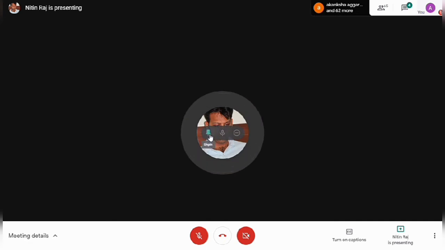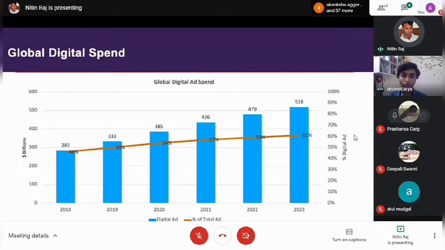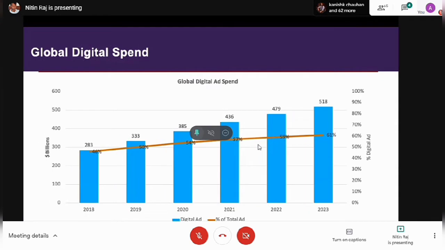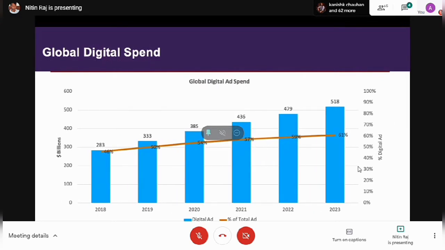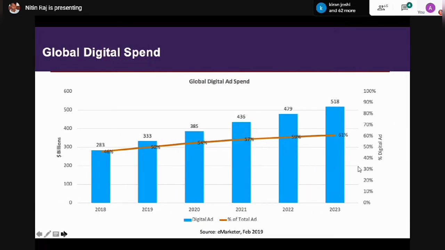If you look at your own behavior, you can see how we are hooked to our digital devices. On average, we lock and unlock our phones 179 times a day. We spend an average of 5 to 8 hours of screen time, and 92% of our time is on apps and 8% is on browser. This is what the data says.